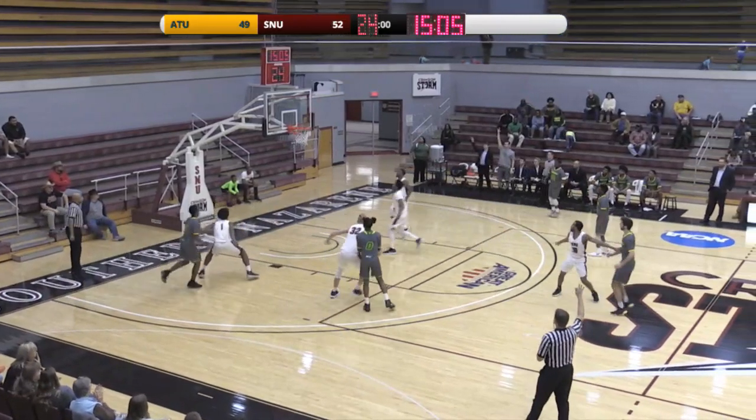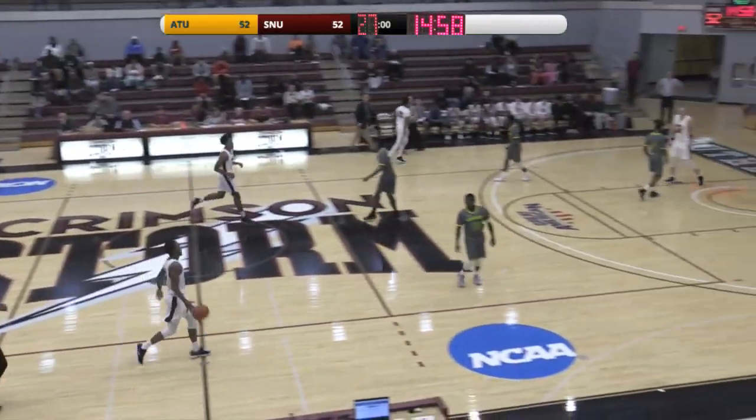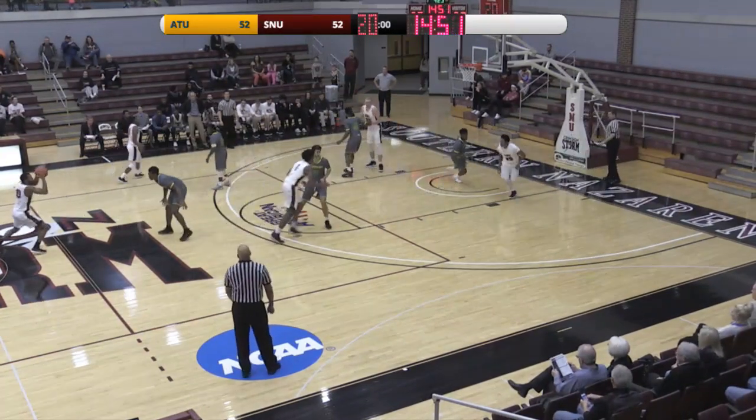Klein steps into a deep three and buries it. Klein is on the court to shoot threes, no doubt about that. That's all he's taken so far today. He's 3 of 8 from deep, and that was very deep. He was in the middle of the S of Storm